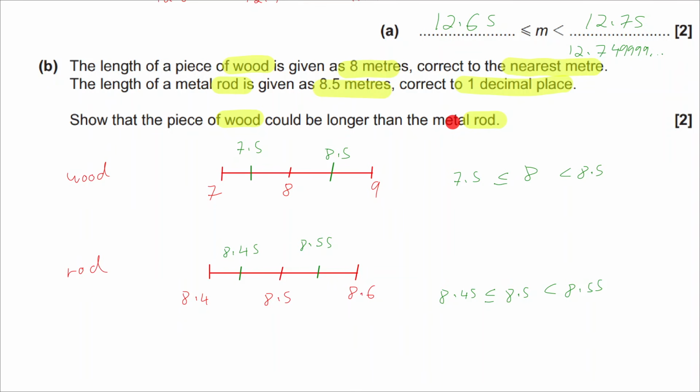Well, if you use, let's highlight it in blue. If you go and use the upper bound for the wood, we're going to use 8.5, so that's not a great colour, is it? It's a bit sharp. So if we use the 8.5 for the wood, and we use the lower bound for the rod, you can see that